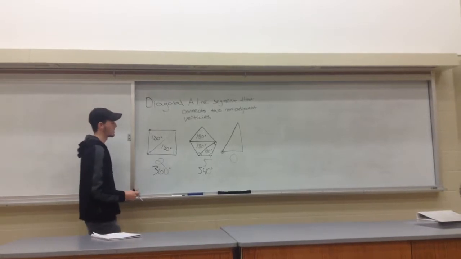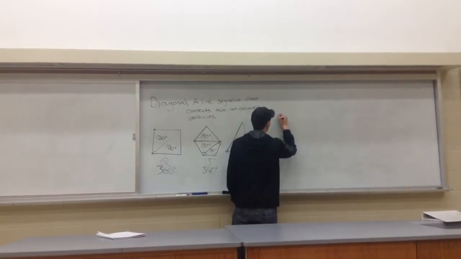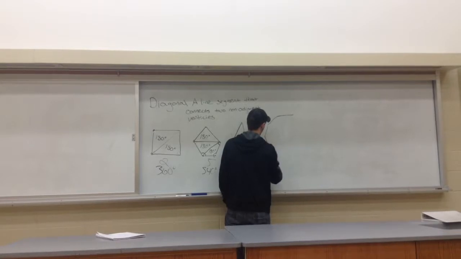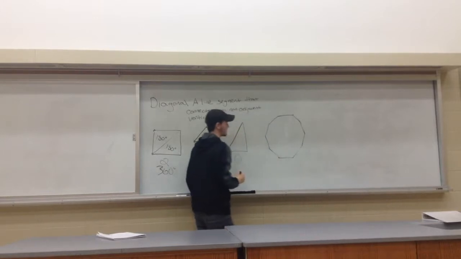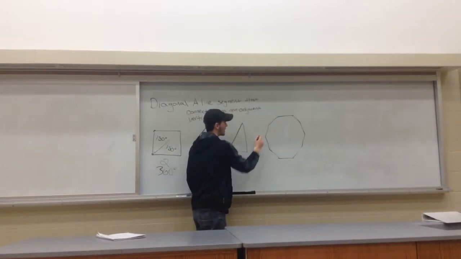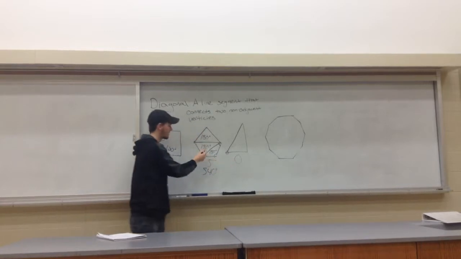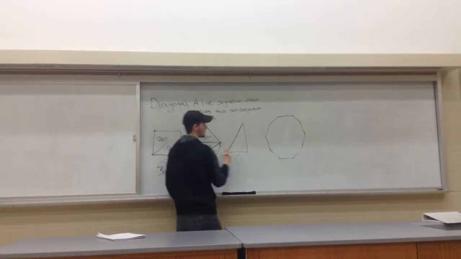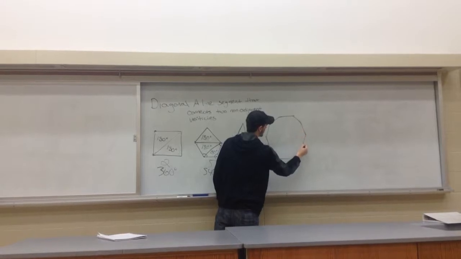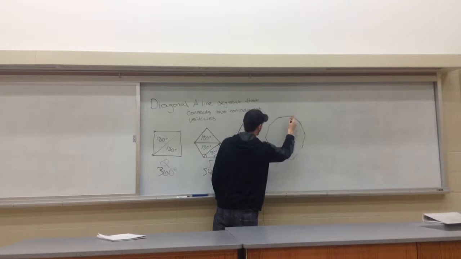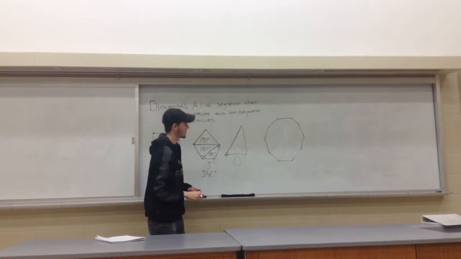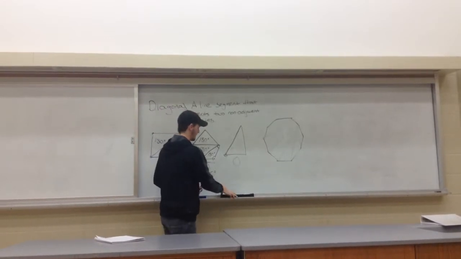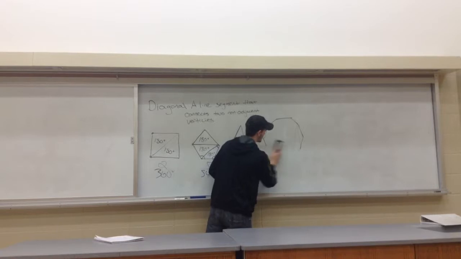So we could do it that way, but that's fairly simple. So what if we have a shape that looks like this, and we have all these different sides, and I don't know what angle that is? If we did the same strategy that we did over here where we draw diagonals and make triangles, you could do that. It gets a little messy, and it's hard to keep track of where the lines are. So instead of doing it that way,